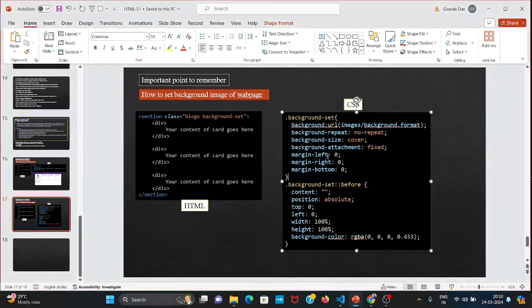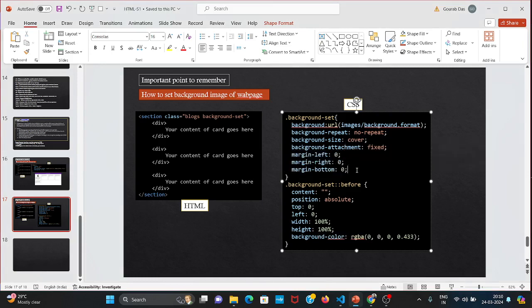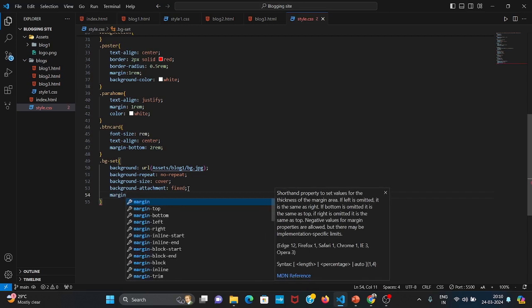Now what are the other properties? Other properties are margin left, margin right, and margin bottom should be 0. This is used in case of a little bit smaller pictures. But you have to give these properties whenever you are using or setting a background image. So margin